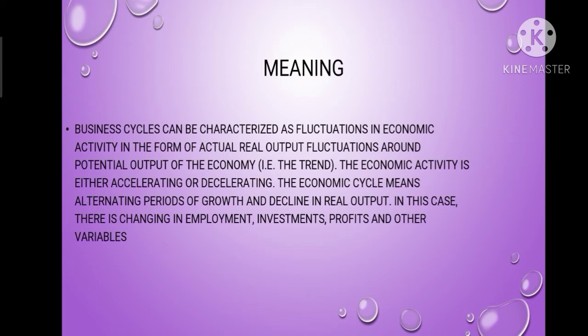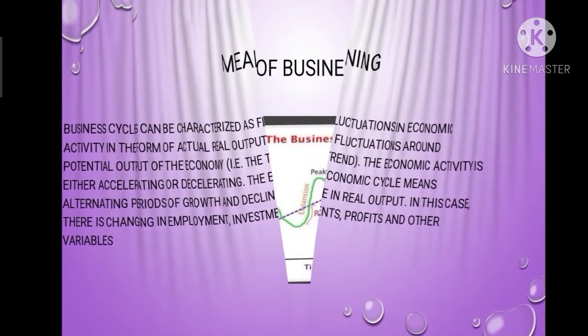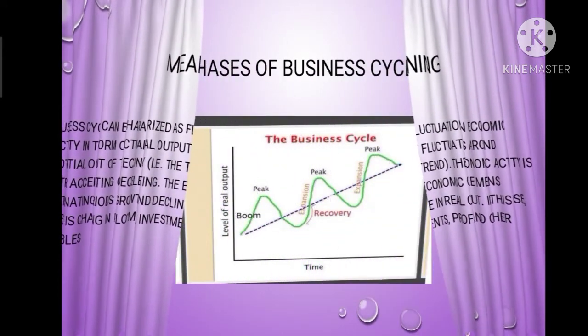So, what is a business cycle? Business cycle is formed as per the fluctuations of economic activity. What are economic activities? Like increase in real output, employment, investment. Due to an increase or decrease in these economic activities, economy may pass through different stages like boom, recession, depression, trough. That is known as business cycle. Let us see its diagram.